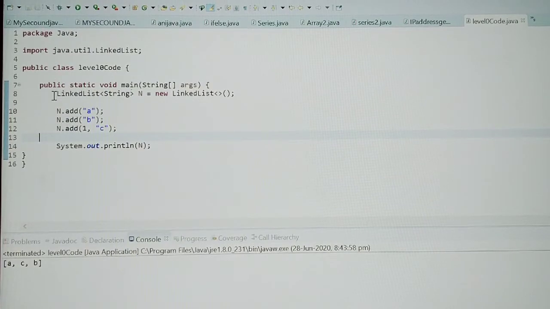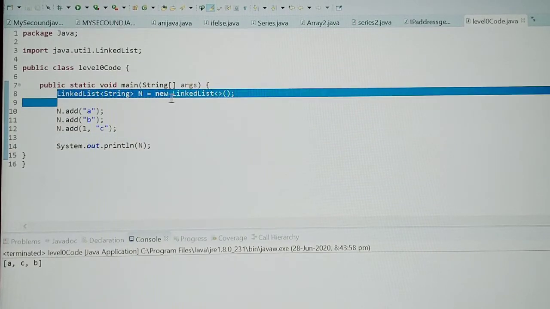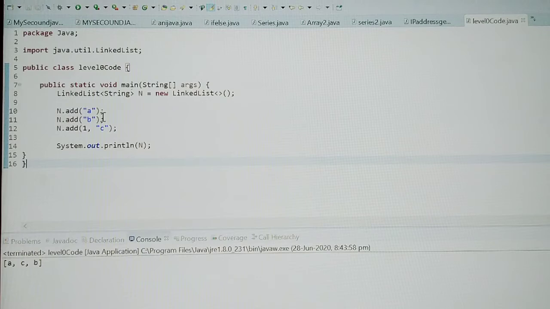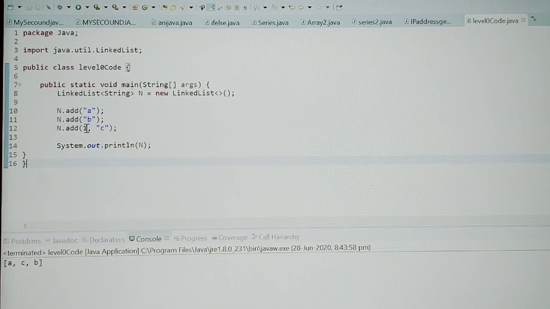So here it is written LinkedList<String> n = new LinkedList<>(); and then n.add("a"), n.add("b"), and n.add(1, "c"). Why is 1 written with c? I wrote 1 because I want c to take the first position.